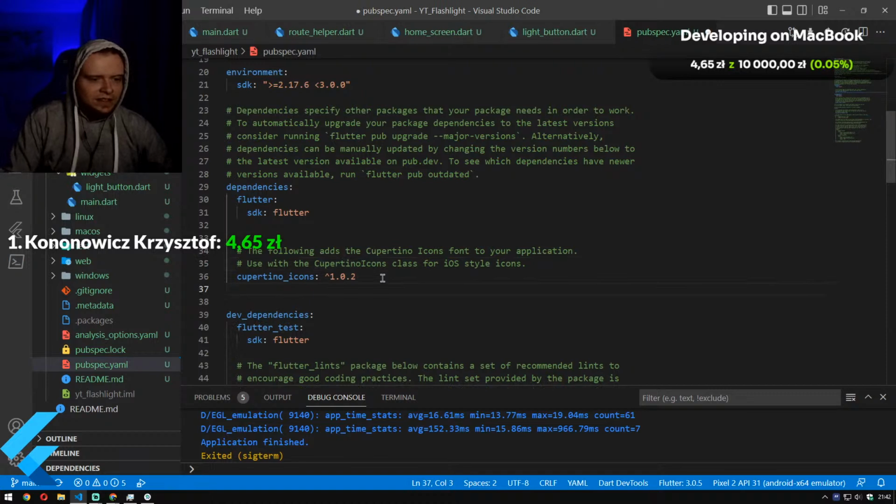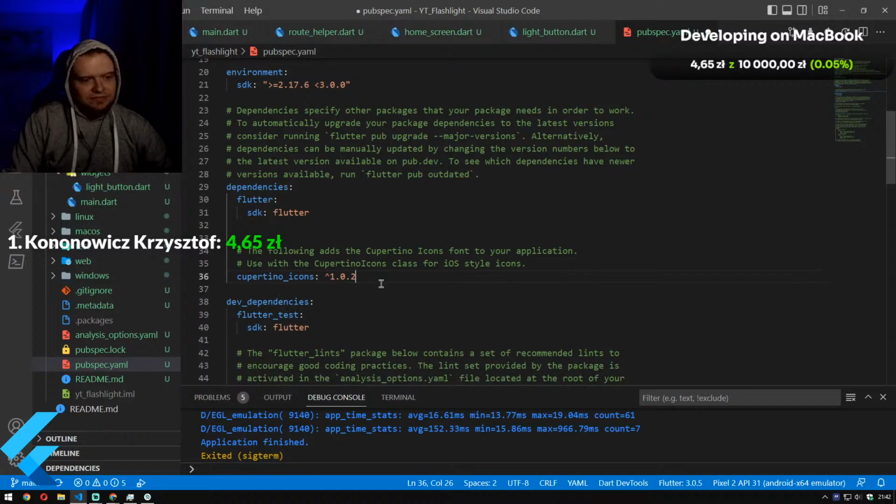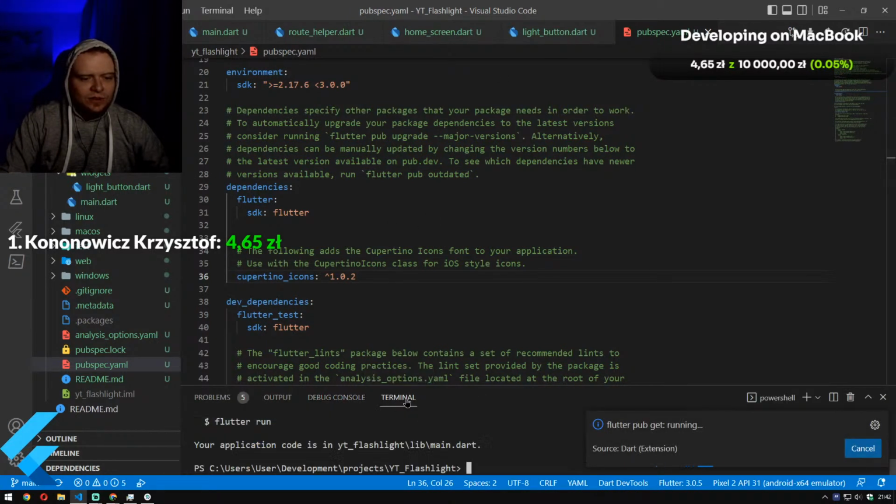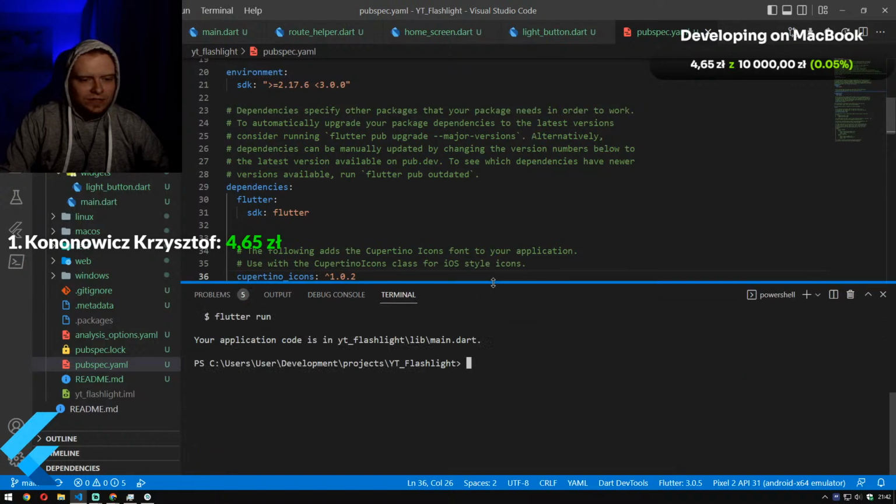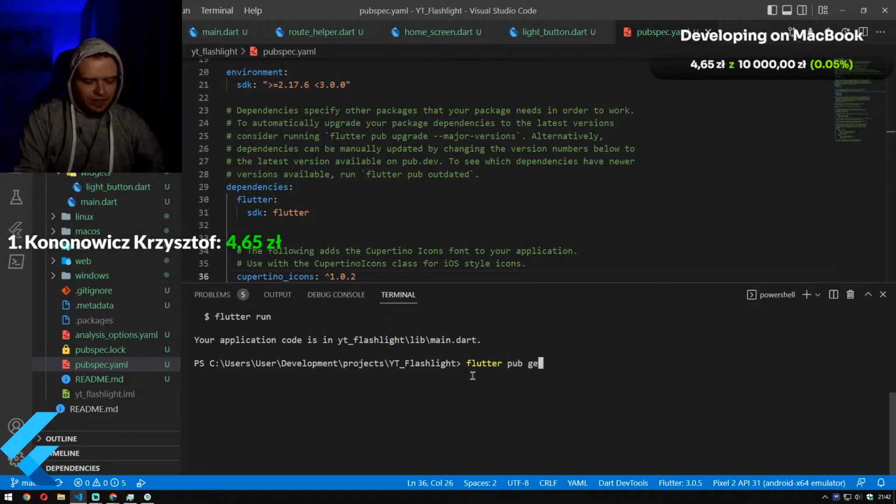It needs to be added here and saved, but then we would need to run one other command, which is to get the packages by Flutter. So we will not do that. We'll use the way by writing the command. So it is the flutter pub get